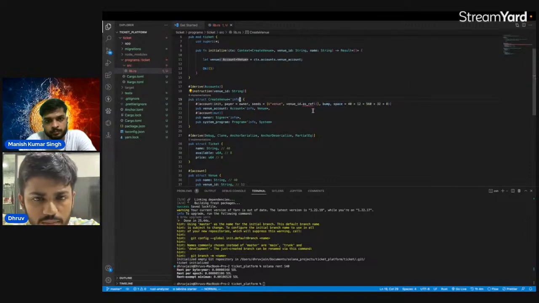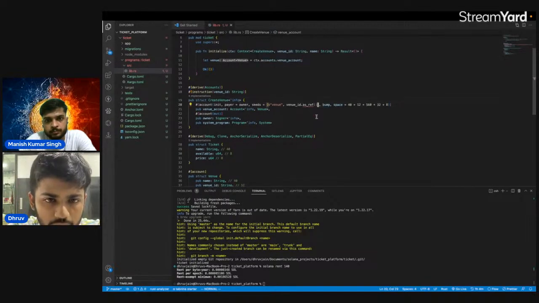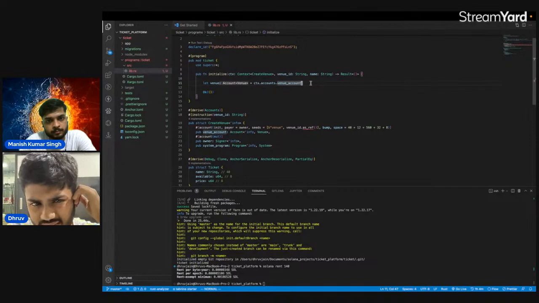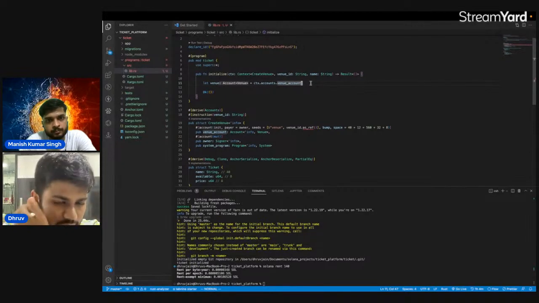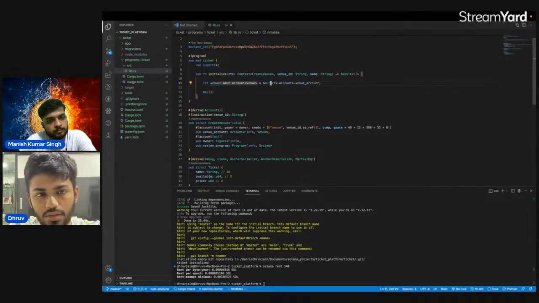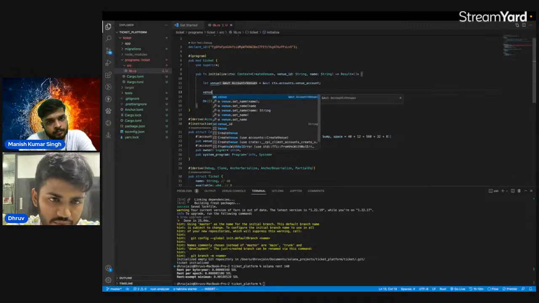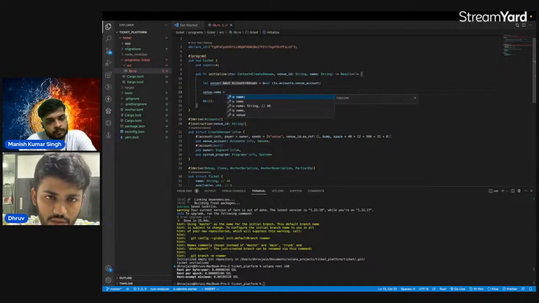What I was saying is all the data are immutable. If you want a variable to be mutable, you need to specify the mut keyword. So this makes it mutable. Now you can change the data inside venue. So we would change the data as name,